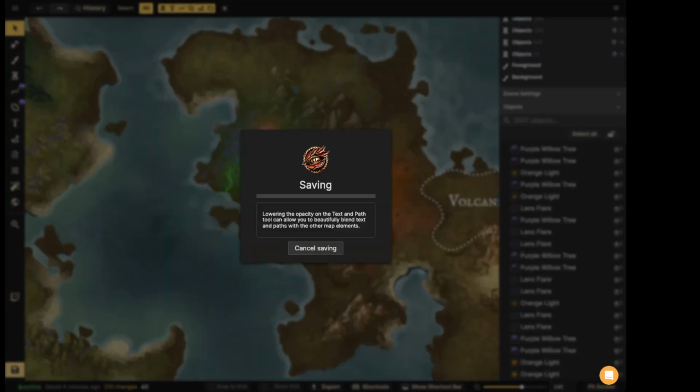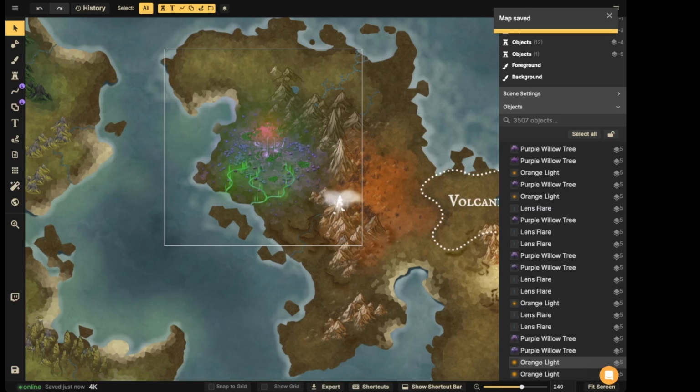So creating a fog wall, a wall of fog or mist, where monsters live inside of that mist and protect the primordial pools from invaders or people trying to take the water, because there are some myths and legends about what can happen when you drink the water from the primordial pools. And so it needs to be protected. So we'll let this save, and then we're going to create that fog wall or mist that's going to go